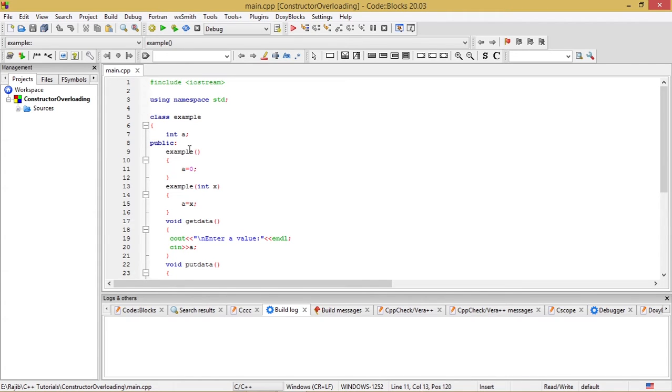Constructor overloading is a concept whereby the constructor can be made to work in a different manner depending upon the parameters associated with the constructors and depending upon the code written in the body of the constructors. So in different cases, different constructors will be called or invoked in this program.